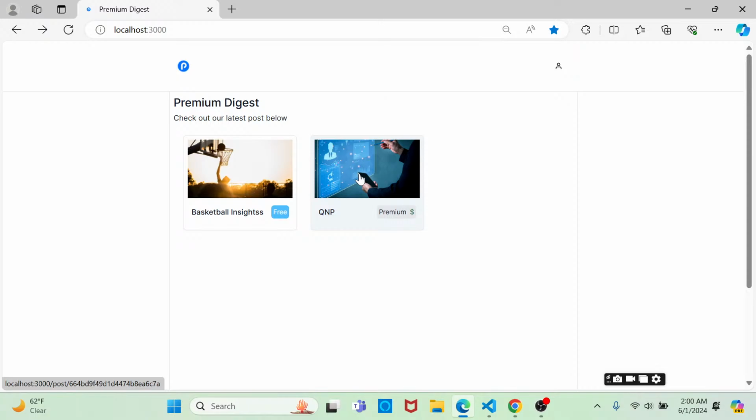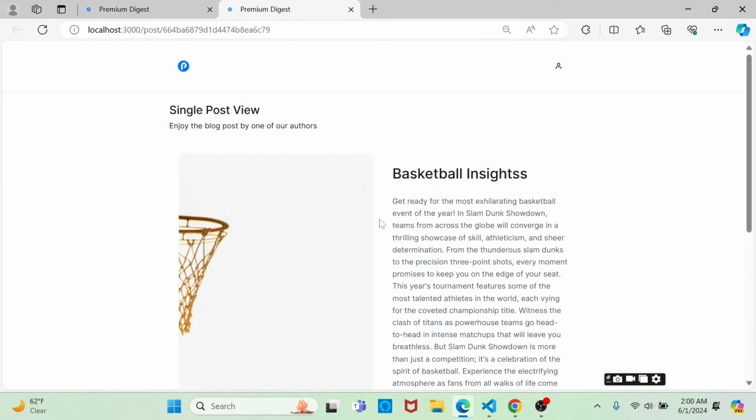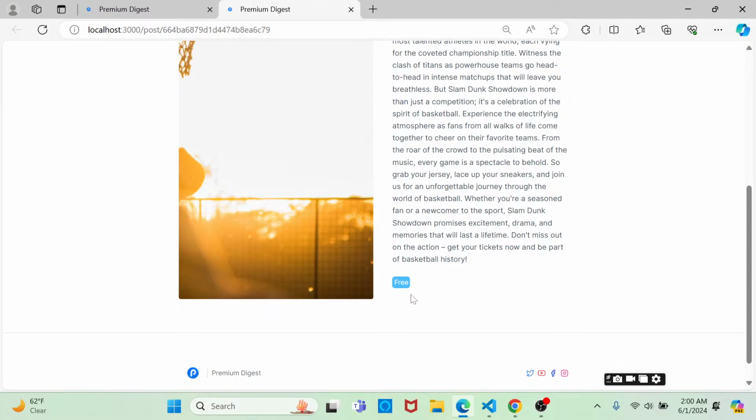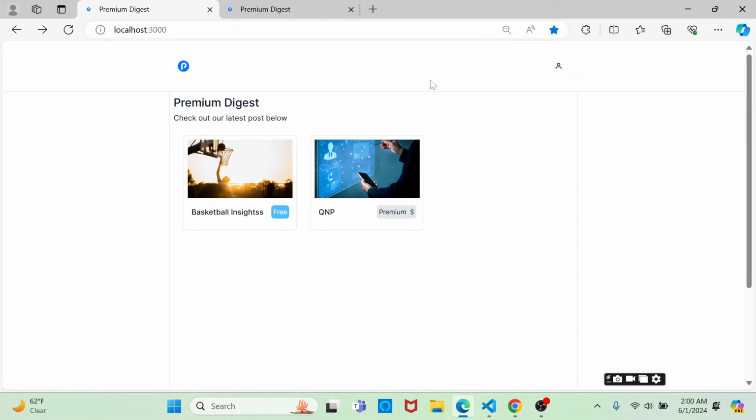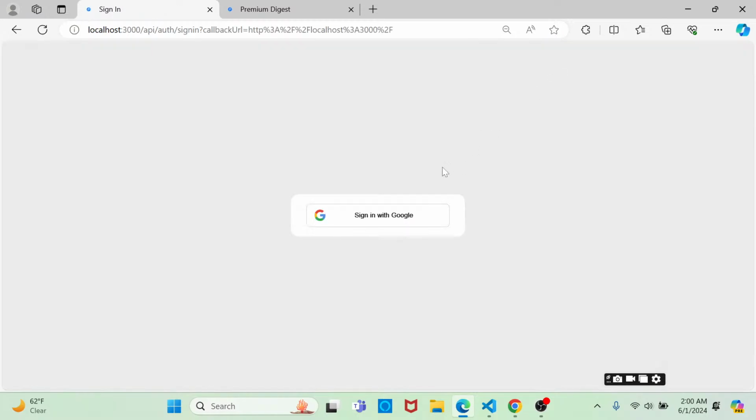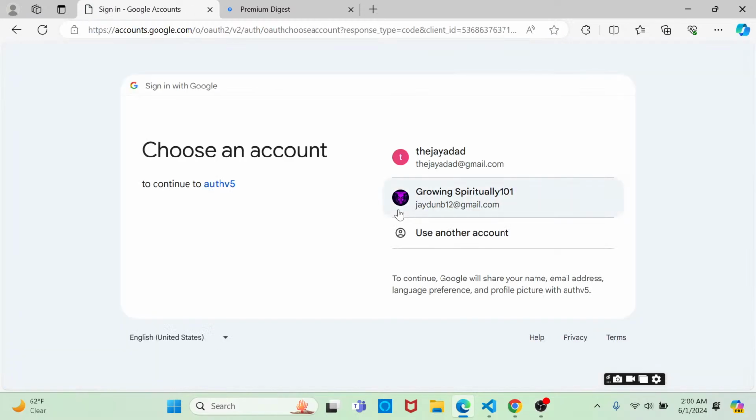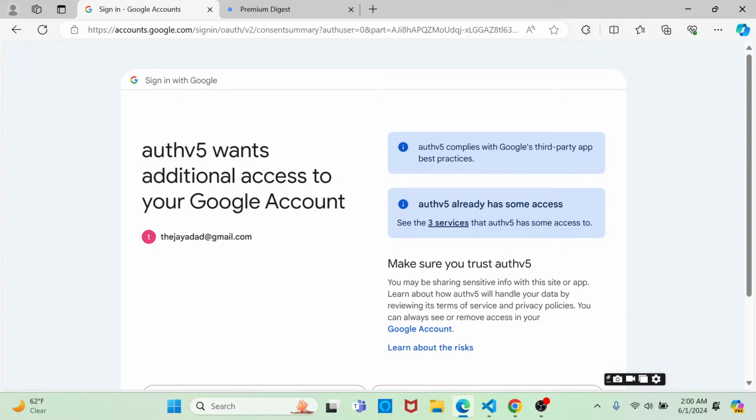of our users. So in order to gain access to the site or full functionality to the site, you'll need to log in. But as an unauthenticated user, you'll still get access to take a look at free posts or posts that are marked as non-premium or free. Once the user logs in via Google OAuth, and we'll be using Auth.js version 5 in order to set up authentication. Once the user logs in,